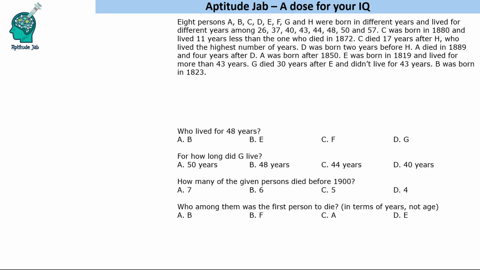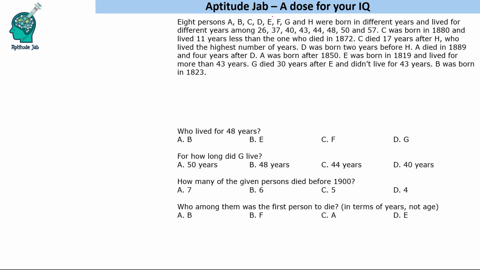This set says that there are 8 persons, they were born in different years and lived for different years. And these are the ages of these people, and some more information is given: in which year some particular persons were born, when did someone die, who lived how many years more than whom, etc. In order to solve this set, let us first put direct information,